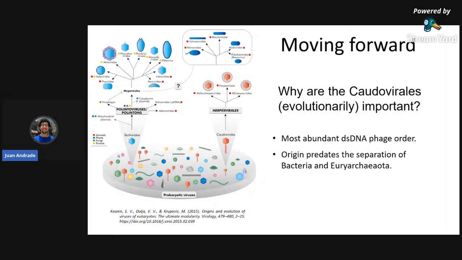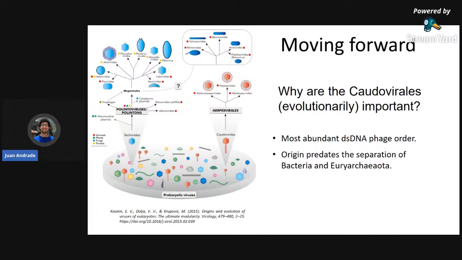And it's important to look at the Caudovirales because they are the most abundant dsDNA order, and they are really ancient. So we're not only looking at the Caudovirales and their classification, which has also changed a lot due to recent ICTV taxonomy releases, but also any potential relationship that they can have with Detectiviridae, which is a small dsDNA phage family, which gave rise to what we call the polintons, which is a series of selfish genetic elements that infect mostly eukaryotes.